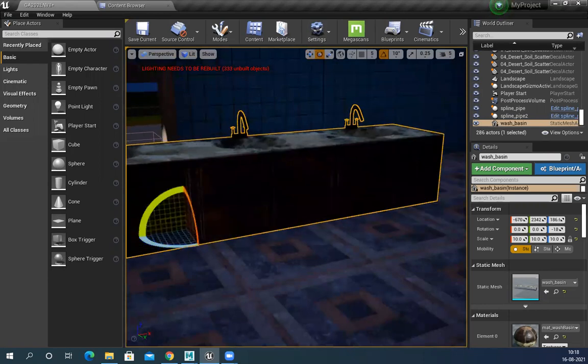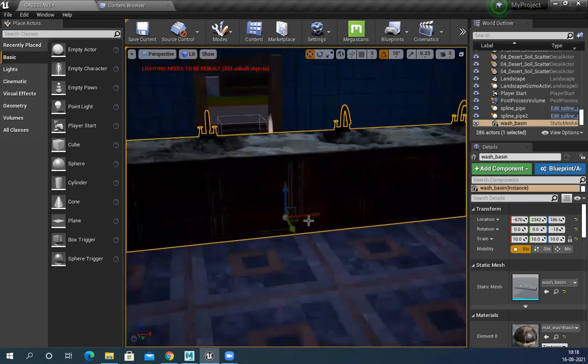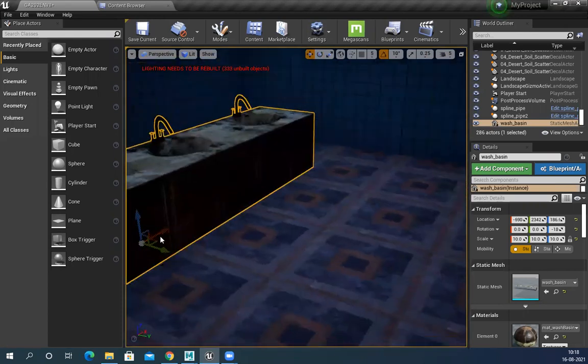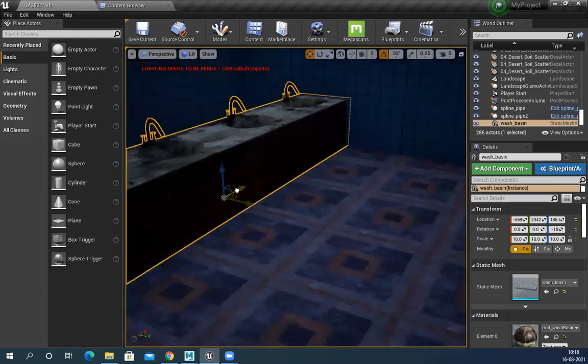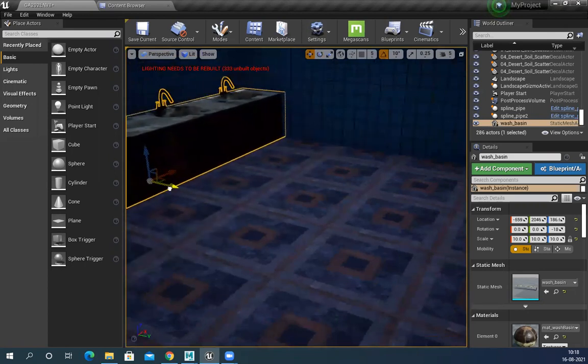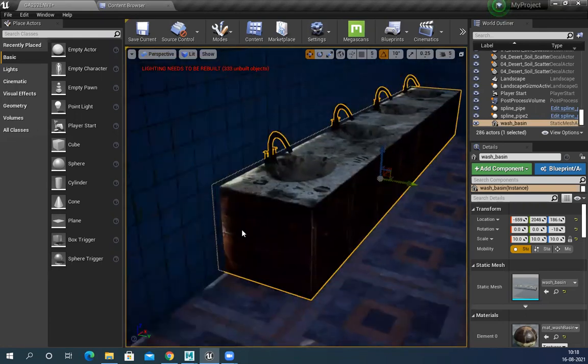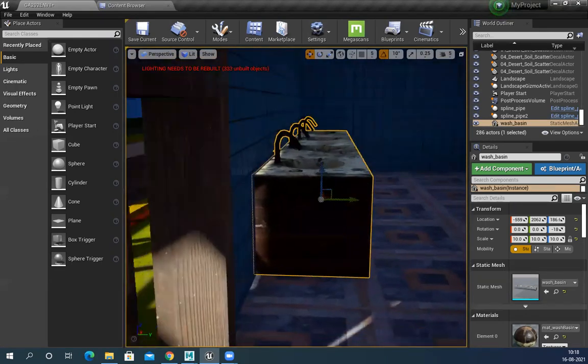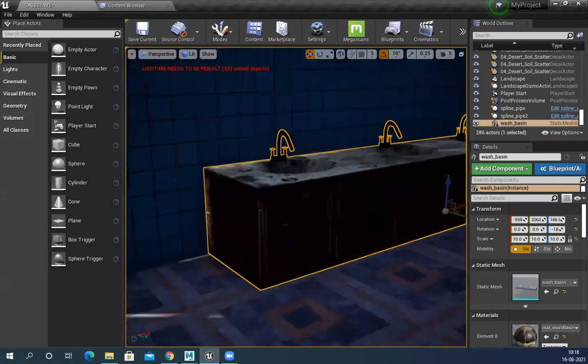One 180-degree rotation. Just make sure it's perfectly snapped.